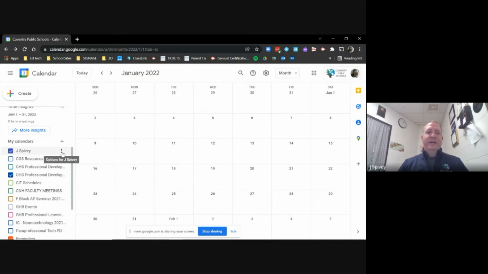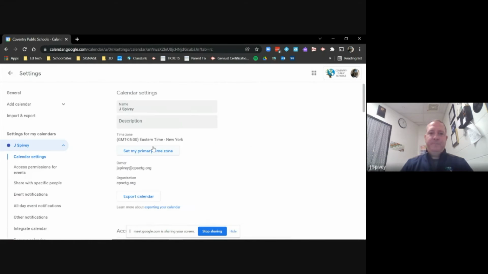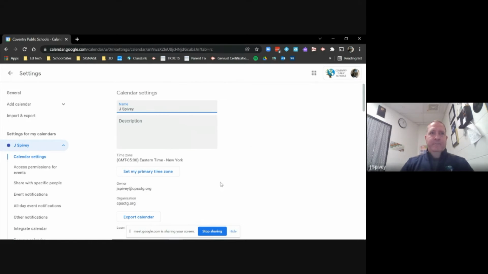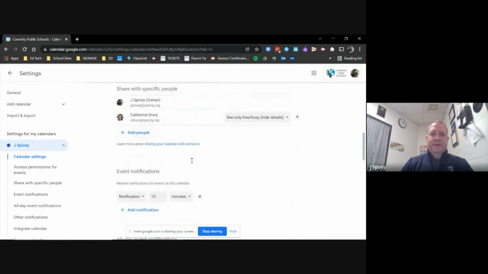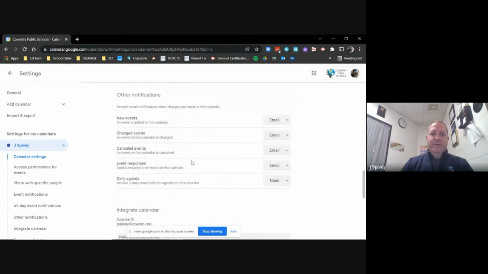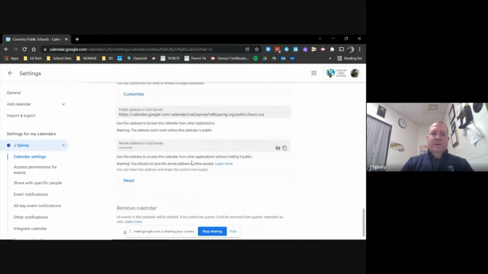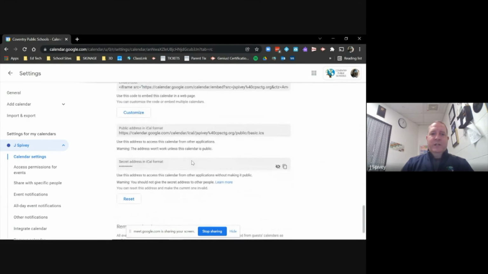To the right of your name, it's going to show options, the 3 little dots for the overflow menu. We're going to click on those dots. And then we're going to go to the words settings and sharing and click it. And now we get this screen. We're going to scroll down. We're going to keep scrolling down. And we're going to get to a section that says